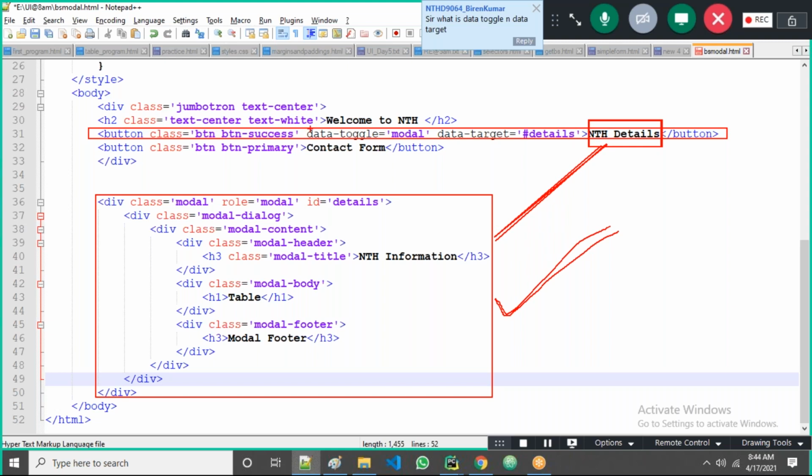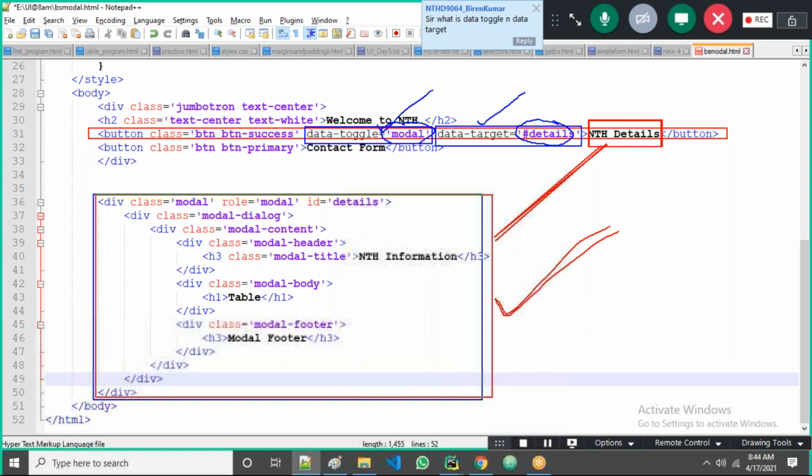That's why I'm taking extra attributes here: data-toggle and data-target. The value of data-toggle is modal. What is the value for the target? Details. Now I'm coming here, and first of all I take the modal class. Now we should give the link between these two.